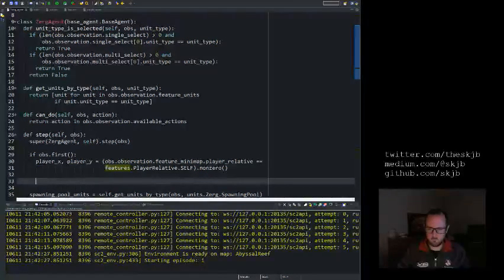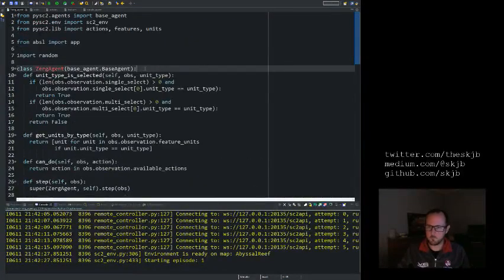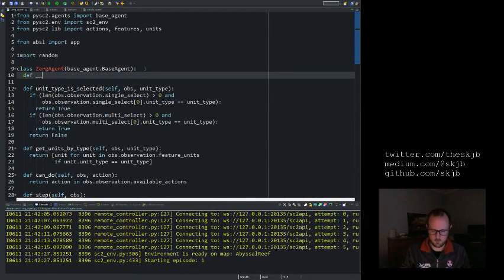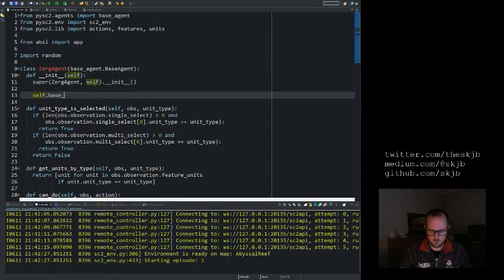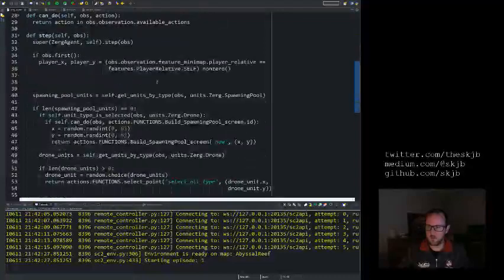And then what I want to do here is we need to make an init method, and in the init method we have to call the parent class as well. So super Zerg agent, not that one, Zerg agent, down there, self init, and self dot base location equals 1. And then in here,